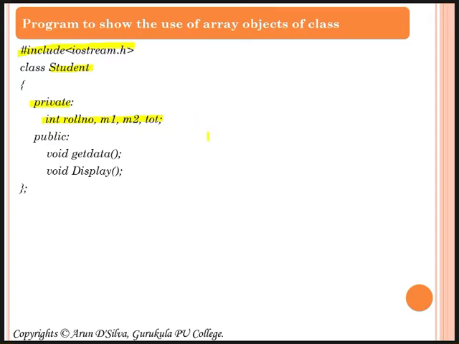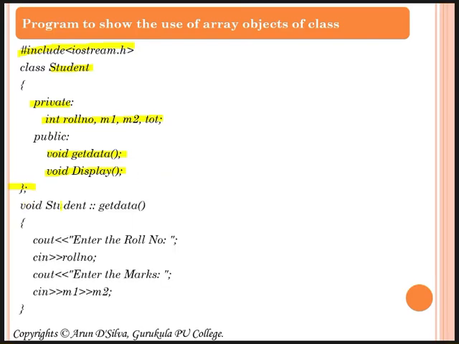These are the 4 member data I've used. In the public section I've taken 2 functions as members, that is getdata and void display, and I've closed the class by using a flower bracket followed by a semicolon.